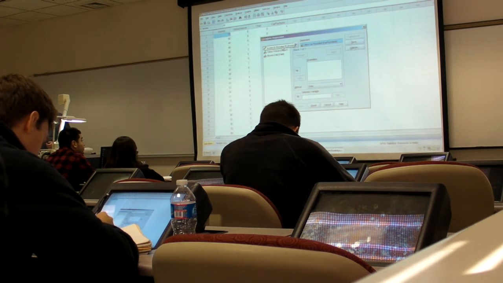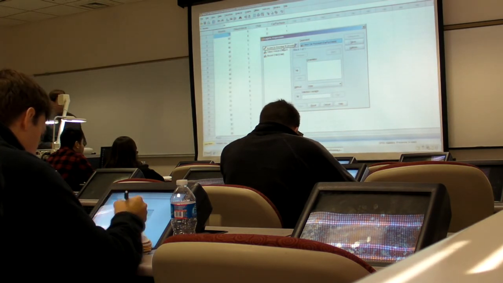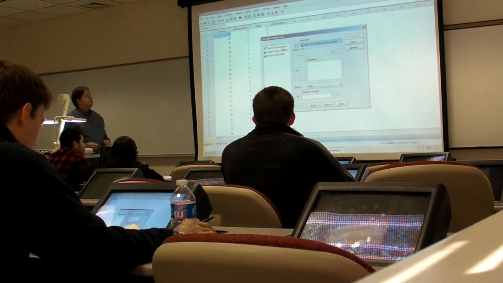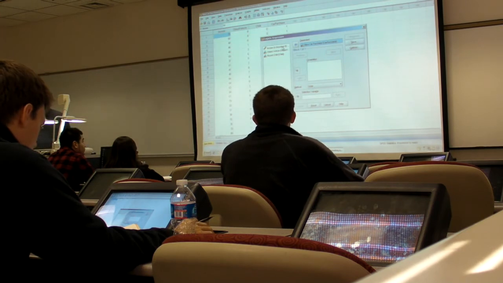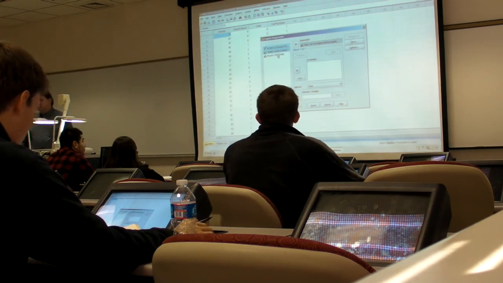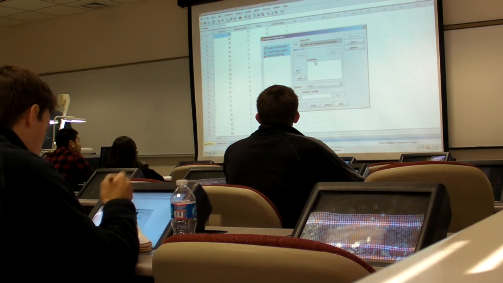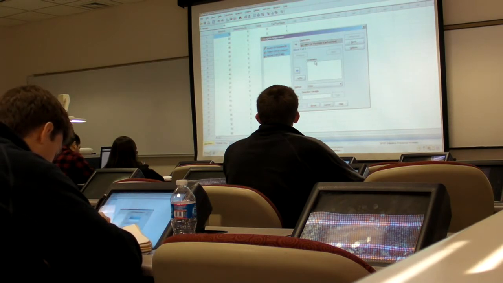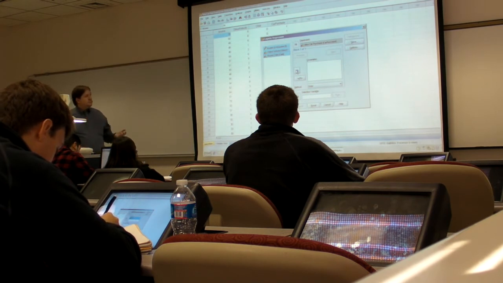Then we have three independent variables: income, oldest vehicle, and recent child. We'll select each of those and move them over to the covariates list. Covariates is exactly the same thing as independent variables here.